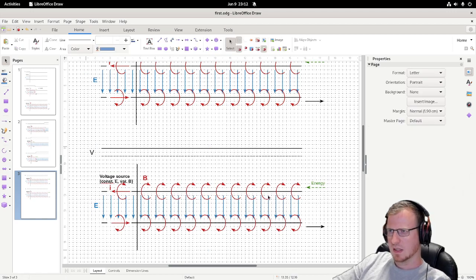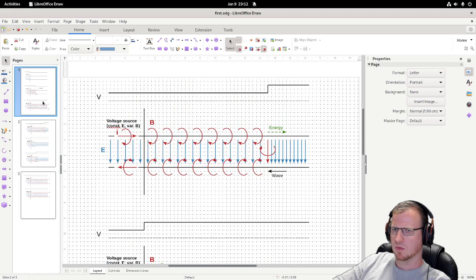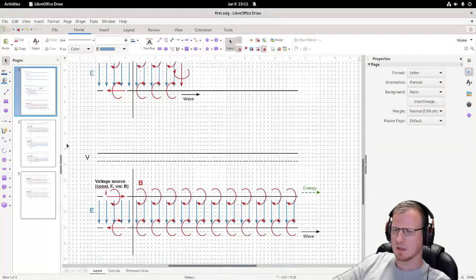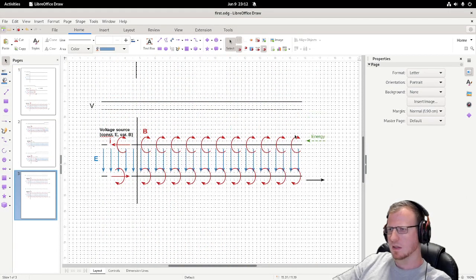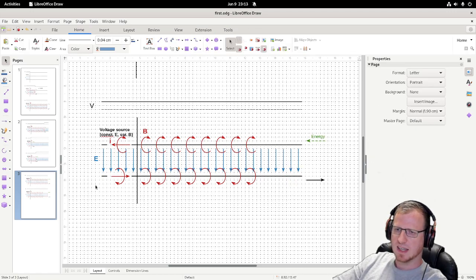Okay. So, how many did I remove? I can't tell. I take 3. 1, 2, and 3, and 1, 2, and 3,